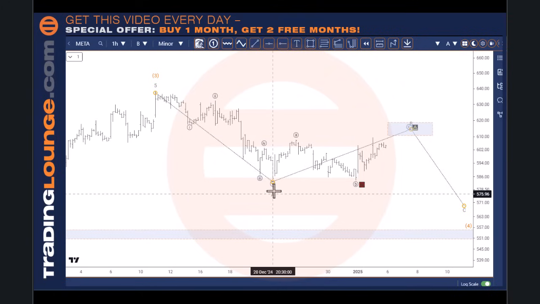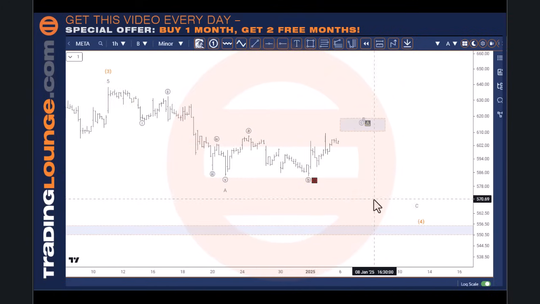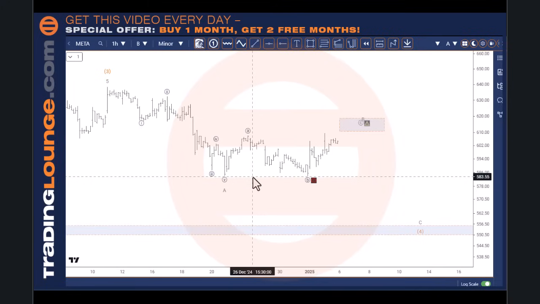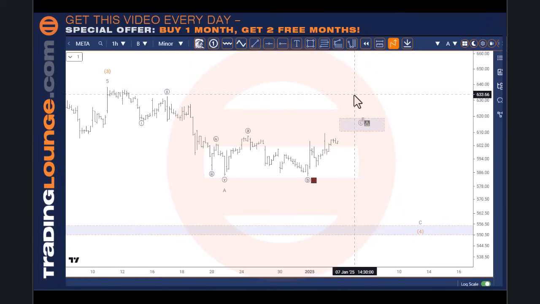I could look at it as an A wave, a B wave, and a C wave here, and have this low in place. But the thing is that it wasn't really much of a low. I mean, it just nipped it out, which is fine. That could be it at this point, but I think I'll put it in with the others. The trick here for me is that if we count 5 waves up from this low, currently we could look at that as 1 and 2, and a bit of a sharp thing there. I'm not sure about that, but I know that it hasn't finished.